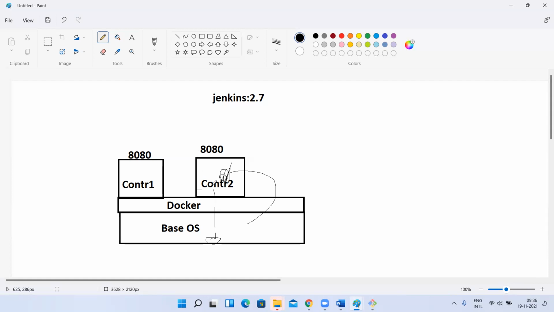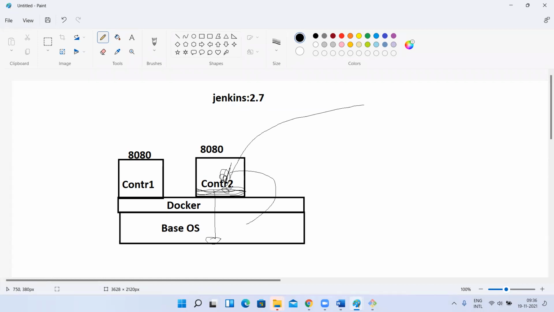For each and every container, it looks like there is an operating system, but that is not an actual operating system. It is a virtual, logical operating system, not a physically existing one. It just looks like whatever operating system support you need will be there. Even if you create a Jenkins container and attach into it, it looks like there is an operating system, but that is not actually an operating system. So that is the reason when you execute RUN commands, it will execute on this.